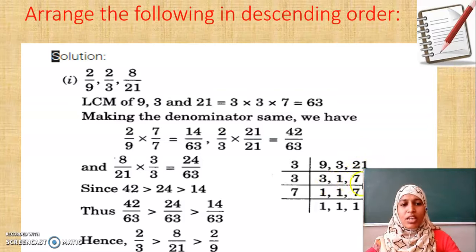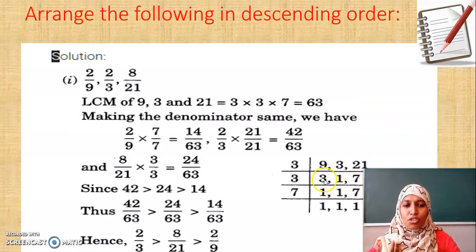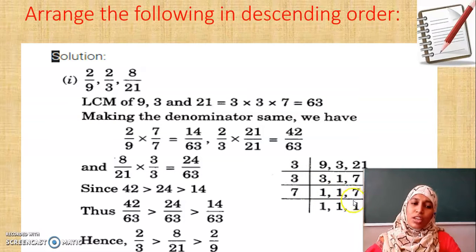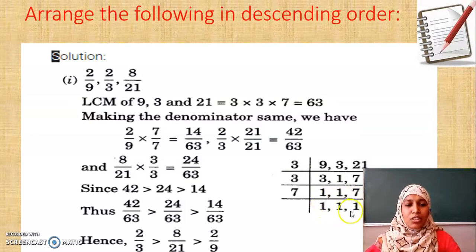Now if I look at these 3 numbers, 3, 1 and 7, we don't have any common multiple. So I will choose any number out of these. So I have taken 3. 1 3 is 3. Remaining 2 I have to write down as it is because they are not multiples of 3. In the next step, I should choose the next number 7 till I reach 1 1 1. So what is the LCM now? I have to multiply all these 3 to get 63. 63 is the LCM.